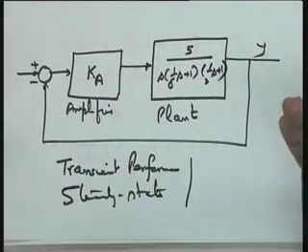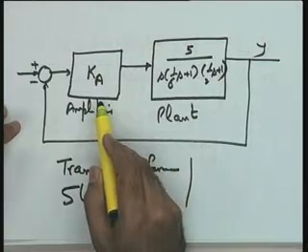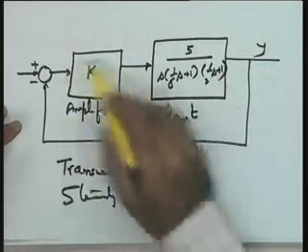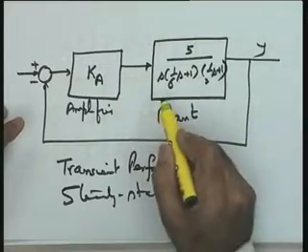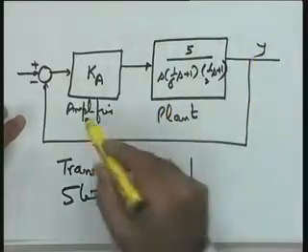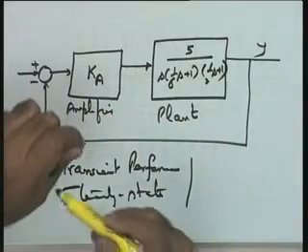So, if I specify the steady state accuracy for such a system, it has to be in terms of the Kv or the Ka. Now, if I go for an amplifier design, if I take up only a constant here, tell me what will be the value of Ka, the acceleration error constant, for any value of amplifier gain. For any value of amplifier gain, what will be the value of the acceleration error constant? It will be 0.